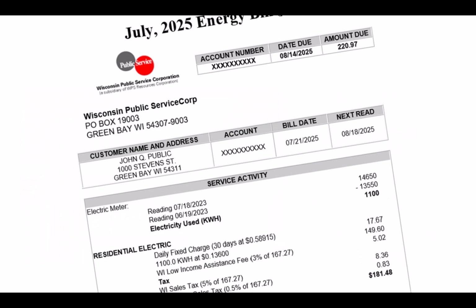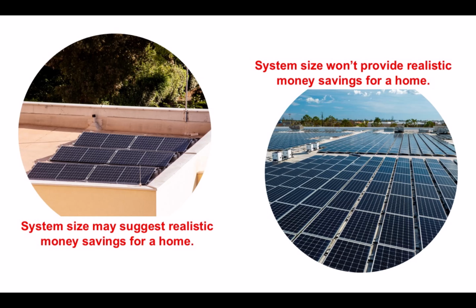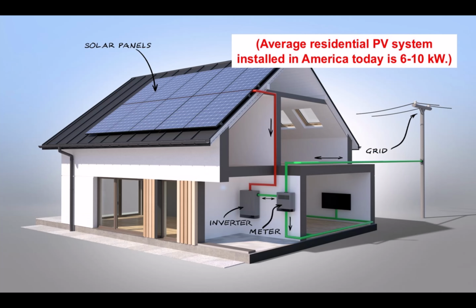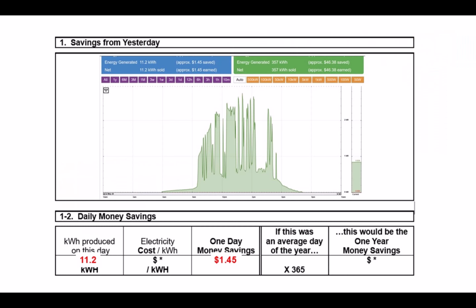Using the residential rate gives you the money you would save with this solar PV system in place at your home. This may or may not be a realistic number depending on the size of your school's system. Currently, the average residential PV system installed in America is between 6 and 10 kW. To establish the